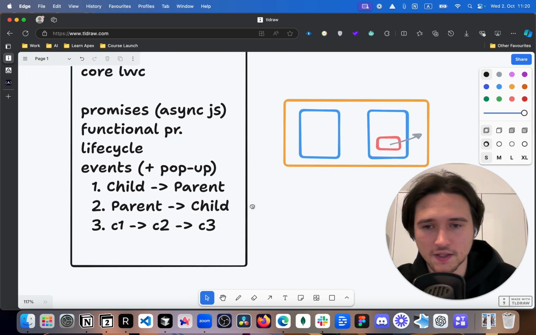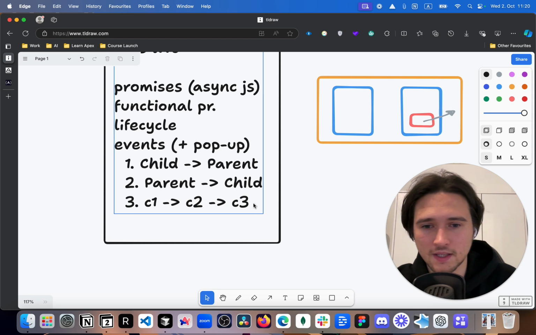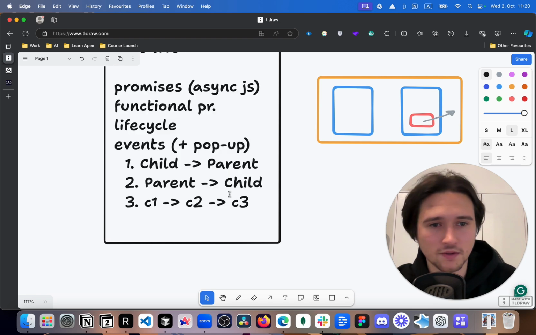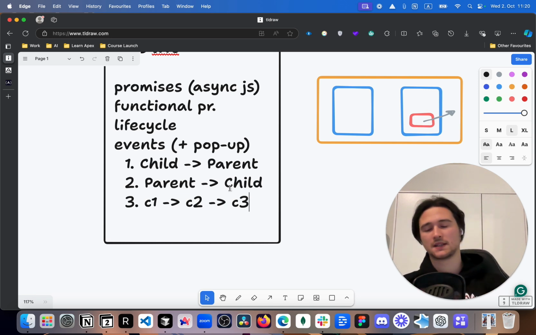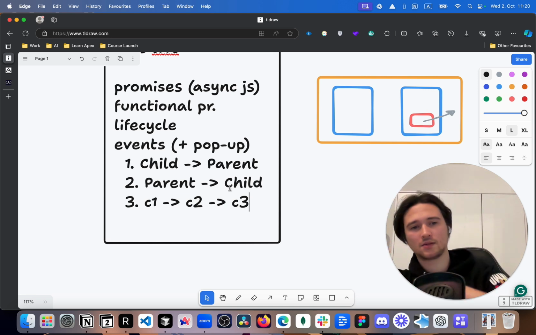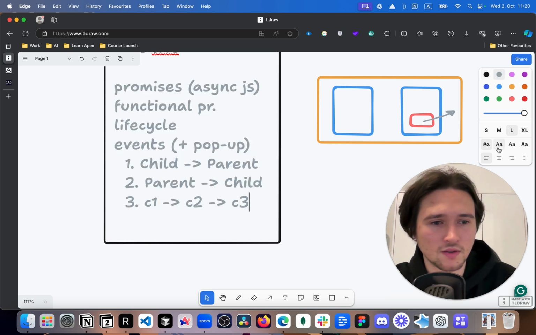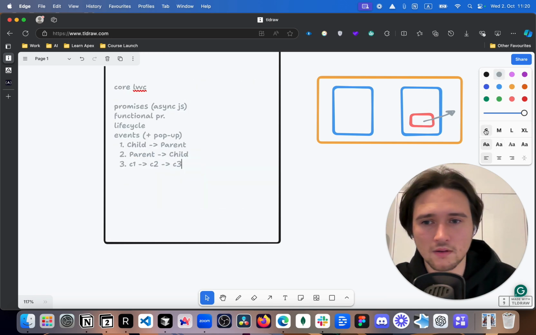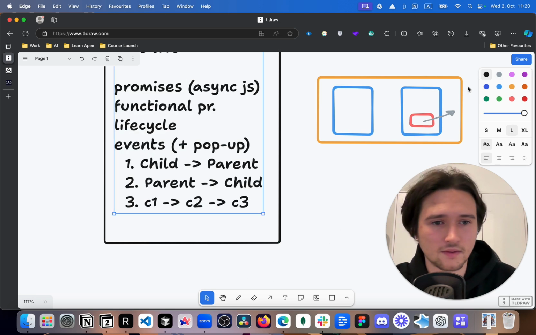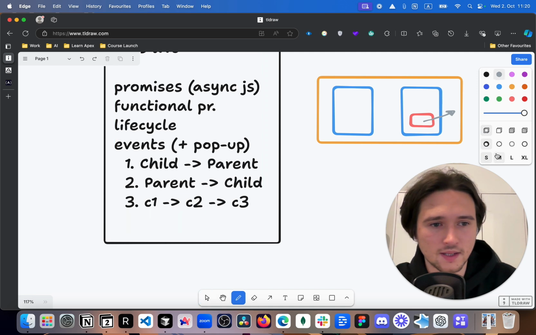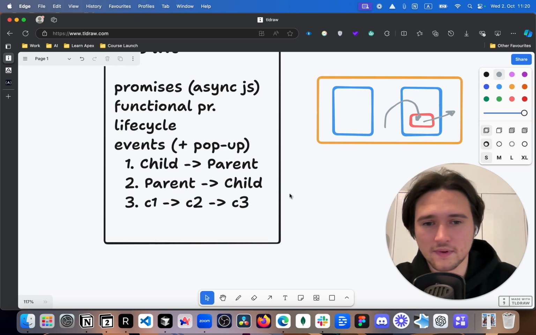Okay, so this is what we have. We have these events, and obviously also the other way around. How can you pass something from the parent into the component? But that's usually super easy. That's what I wanted to say, how to pass it there. Okay, all right. So when you understand this.